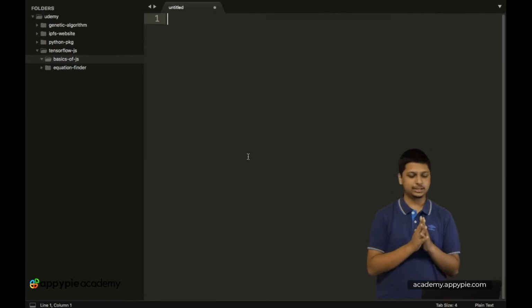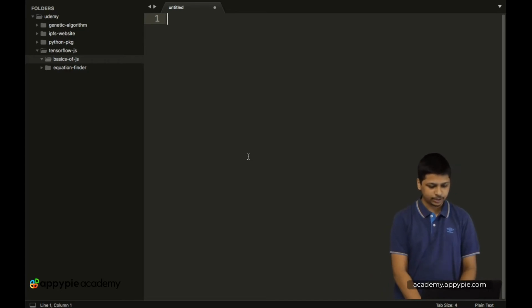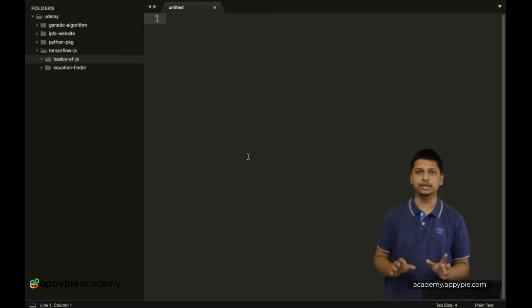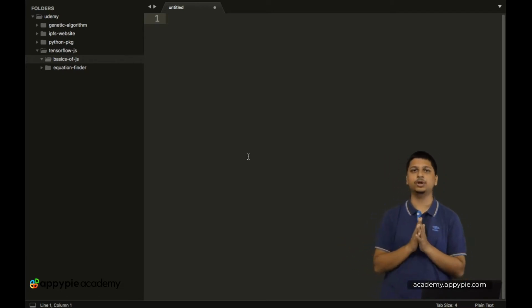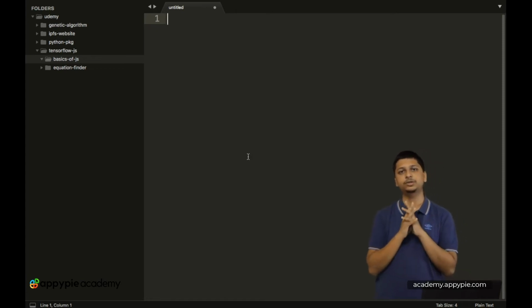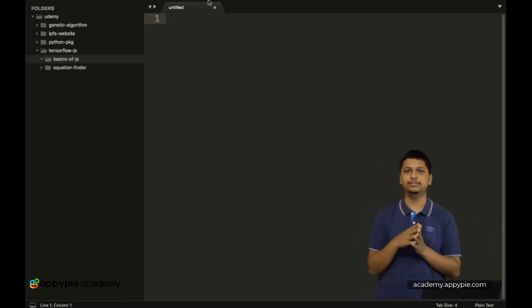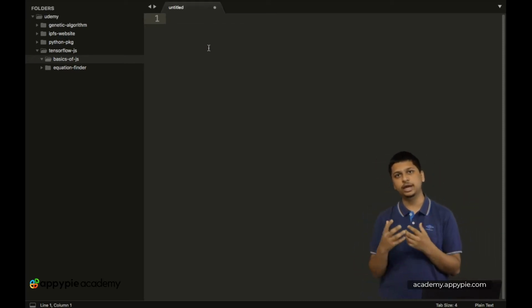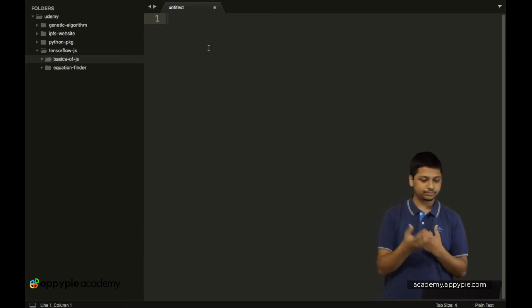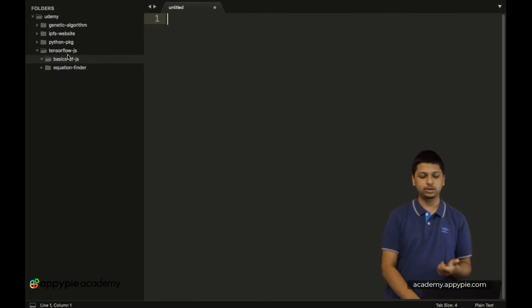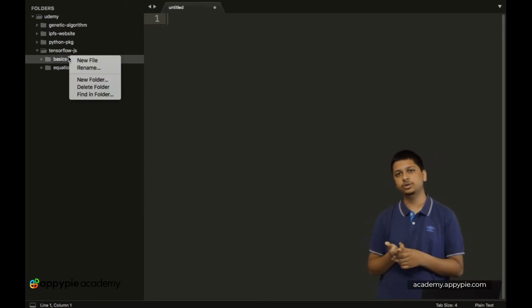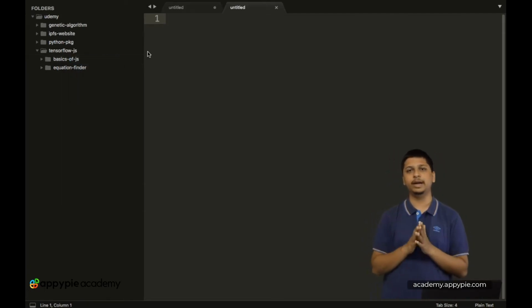Okay, so now let's initialize an empty folder, and I have opened this folder in Sublime Text. You can use any text editor that you want, it doesn't really matter, because at the end of the day we are going to run all of our HTML files in a browser, so it doesn't matter which text editor you are using to write the text into the file. So I'm using Sublime over here. You can use Atom, you can use Visual Studio Code, or you can even simply use Notepad.